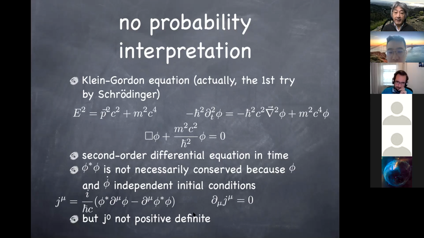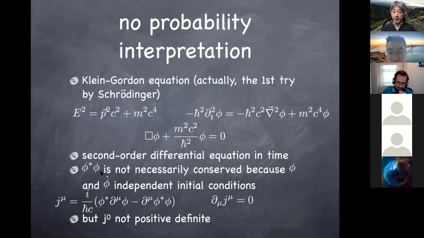And it stems from the fact that this Klein-Gordon equation is a second order differential equation. If the differential equation is first order in time, like in the Schrödinger equation, then psi star psi gives you a conserved probability and obviously positive semi-definite. So we can still hope that you can come up with a relativistic quantum mechanics of some sort. So that's the idea that occurred to Paul Dirac one day. And so he wanted to come up with a relativistic equation, which is first order in time. So that's the motivation he had, and that's what he tried to do.